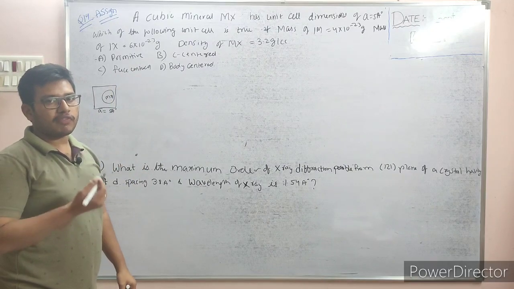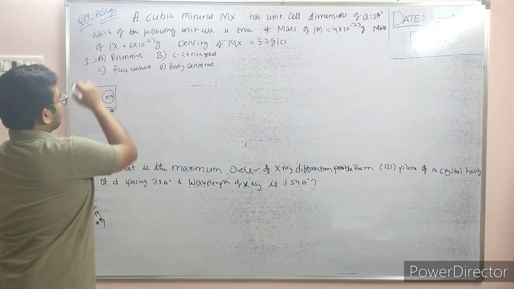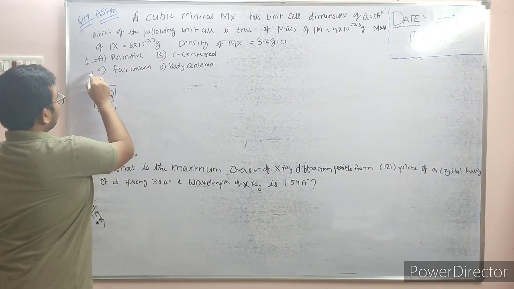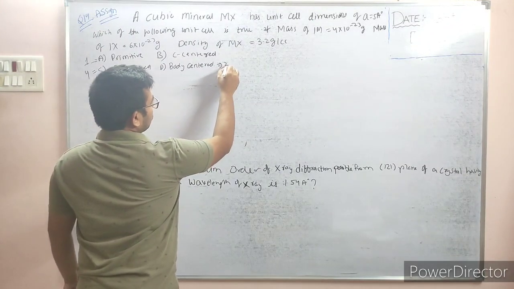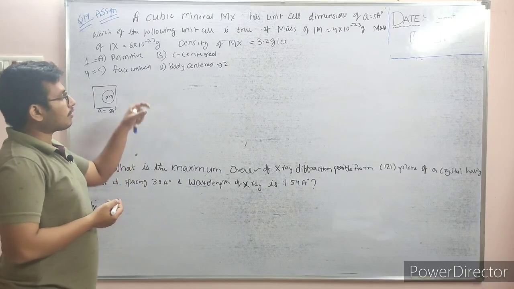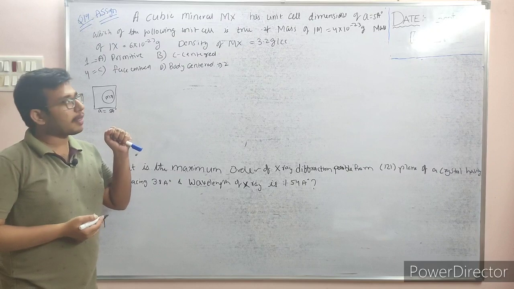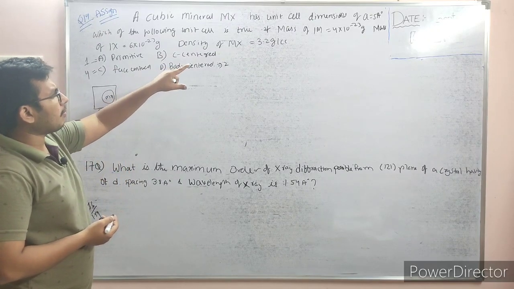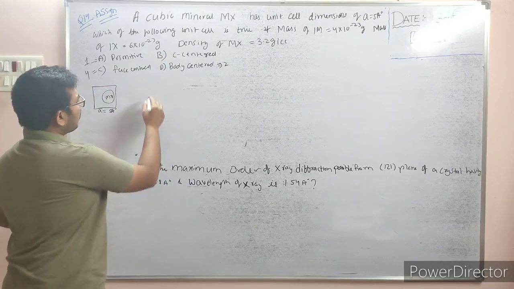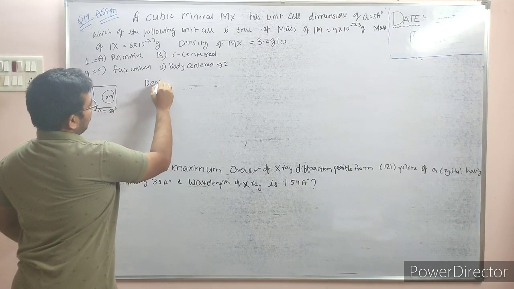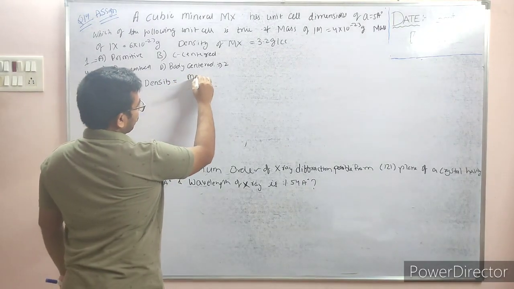So how can we tell the unit cell is PCC, FCC, BCC? On the basis of effective number of atoms, because if the unit cell contains only one effective atom, it is PCC. If it is 4 effective atoms, then FCC. If 2 effective atoms, it is BCC. So like this we have to tell the unit cell on the basis of effective number of atoms, right? Now what they are giving, masses are given of Mx and they gave density. So let's apply the formula of density, right? It is given, density is equal to, what we know, simple, mass upon volume.